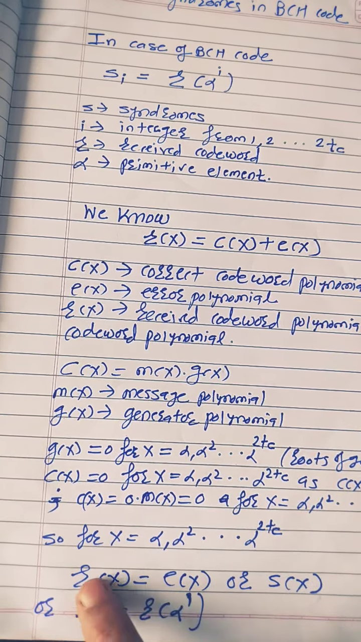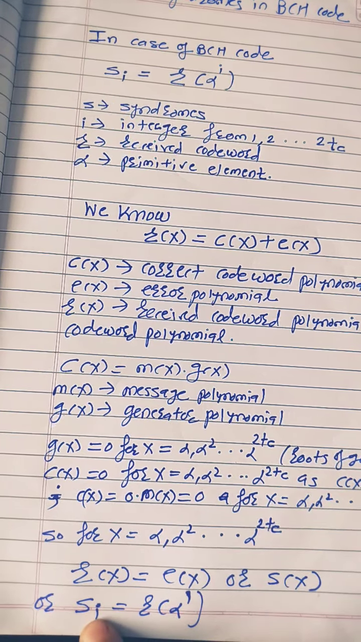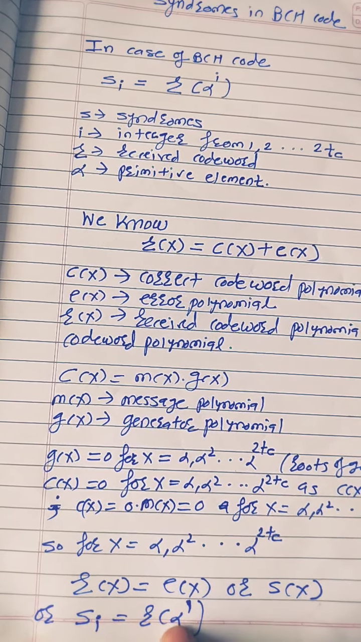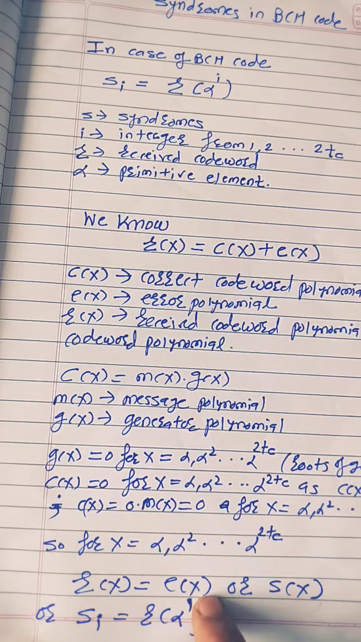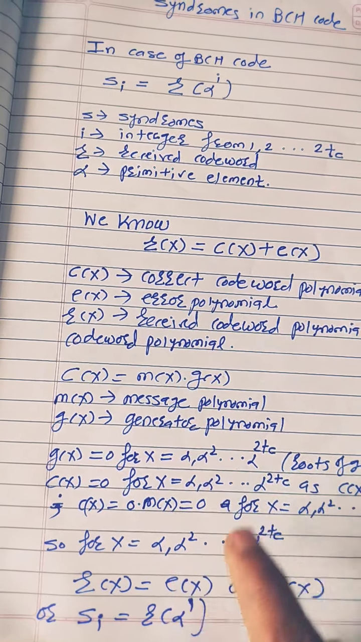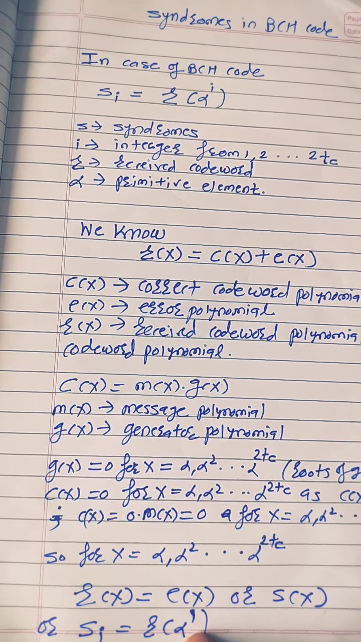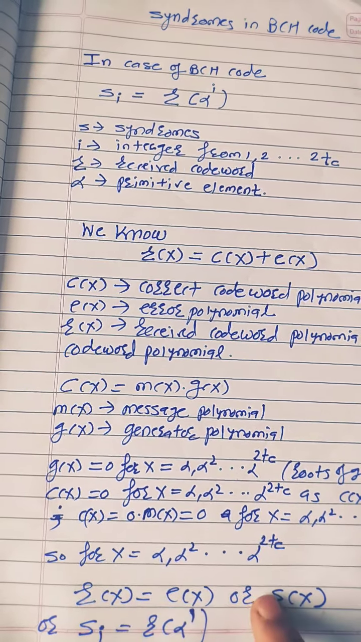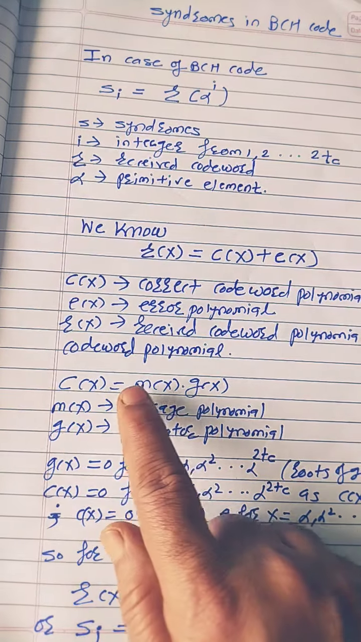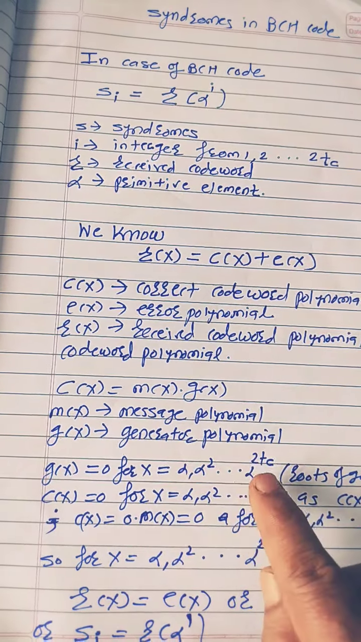So instead of writing R(x) is equal to S(x), we write S_i is equal to R(alpha^i). Here x is alpha, alpha square up to alpha raised to 2t_c, that is alpha raised to i. So this equation we use instead of R(x) is equal to S(x). R(x) is equal to C(x) plus E(x), but for x equal to alpha raised to